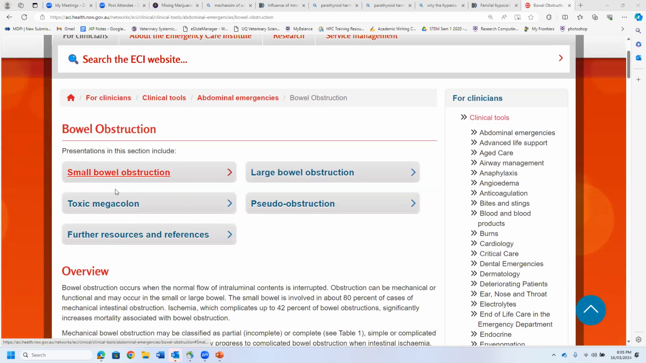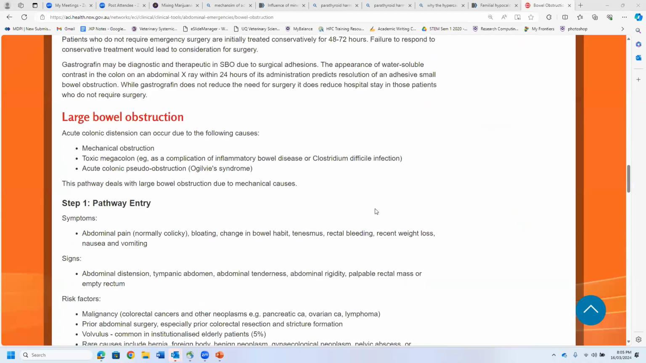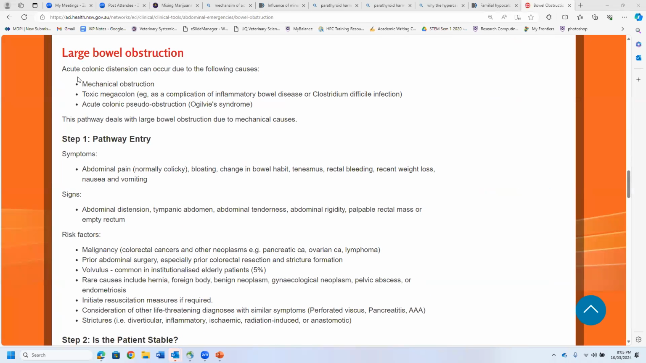So you can read small bowel obstruction, toxic megacolon, large bowel obstruction, and pseudo obstruction from here. So we'll go towards the large bowel obstruction. Acute colonic distension can occur because of the following causes. It can be a mechanical one. It can be because of some inflammatory disease like inflammatory bowel disease or a Clostridium difficile infection leading to toxic